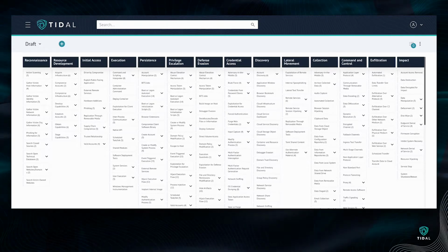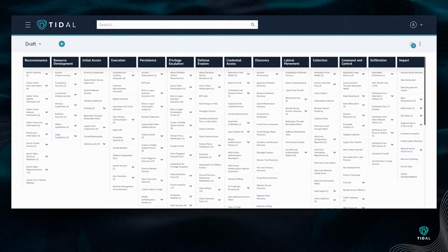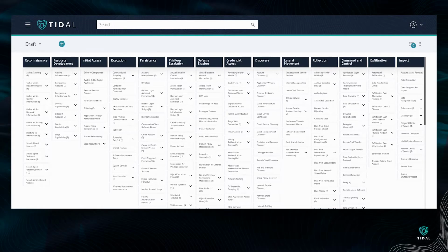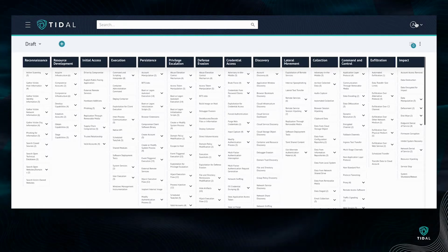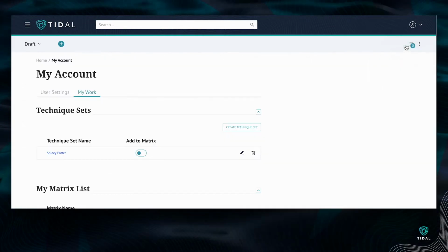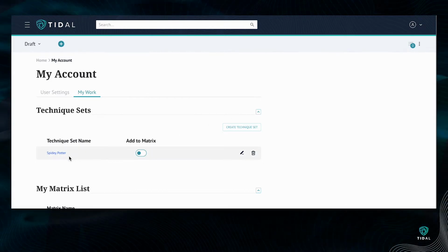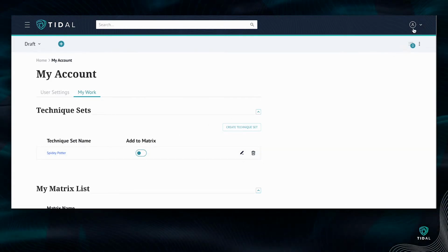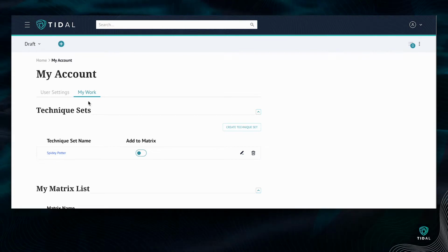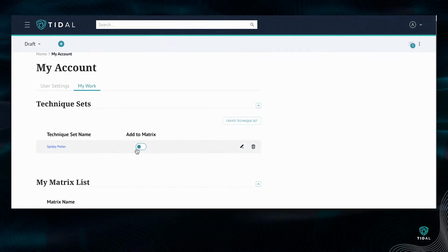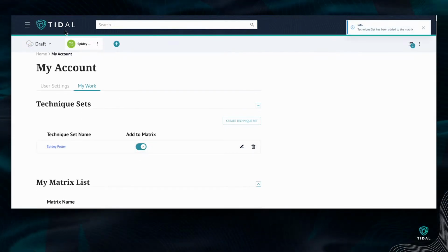One of the ones I wanted to walk through today is more of a detection engineering use case. In this case, we're going to start with a group that I previously created in another one of these tutorials, Spidey Potter. So I opened up my account, I see my work that I've generated historically, and I want to add that custom technique set to